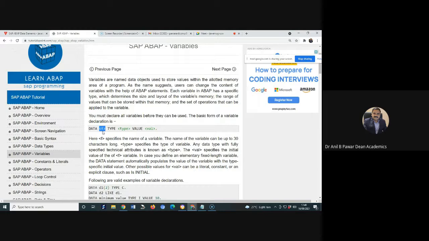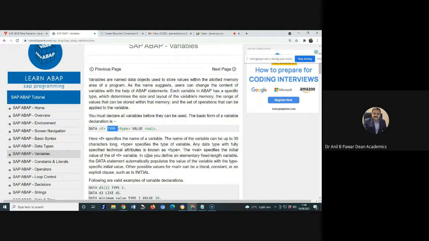This is a very obvious rule: how many characters long the name is depends on you, so you can have anywhere from a single character up to 30 characters. Then after this there is another keyword, TYPE, which is going to specify the type of the variable.